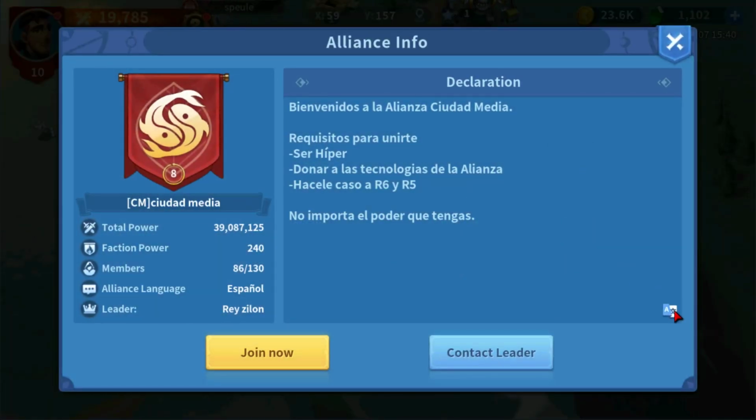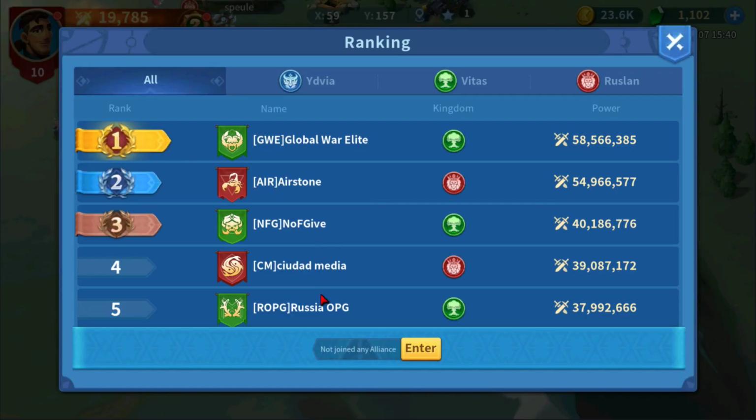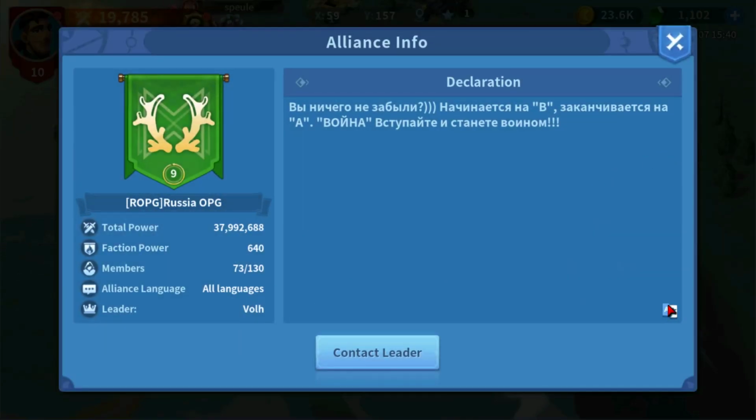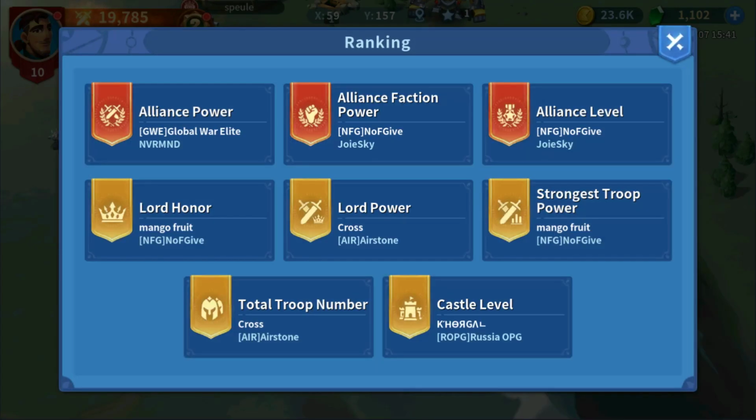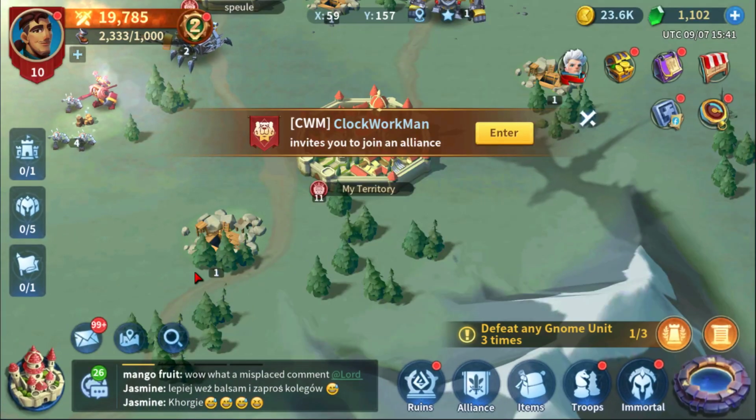Number 4 alliance. This is written in Spanish. Requirements to join: be active, donate, lead R6, doesn't matter what power you have. Okay, so a little more information, but for the most part, nothing really informative. Let's look at the number 5 alliance. Have you forgotten? Starts with BA, war join, welcome warrior. Okay, so basically I'm going to give their alliance declarations a 1. Nothing really informative. Okay, now let's look at some server mails